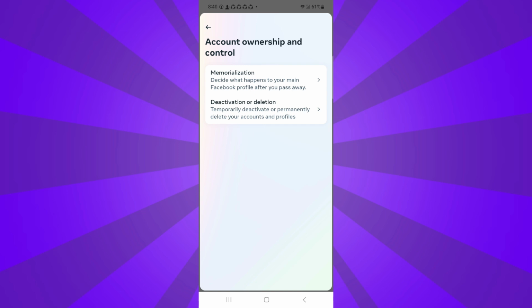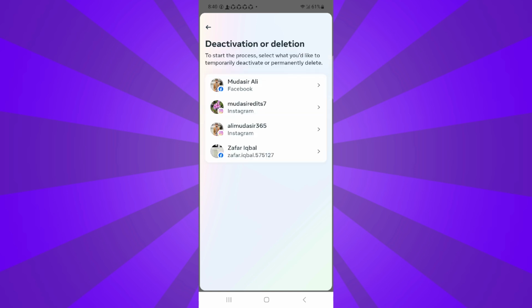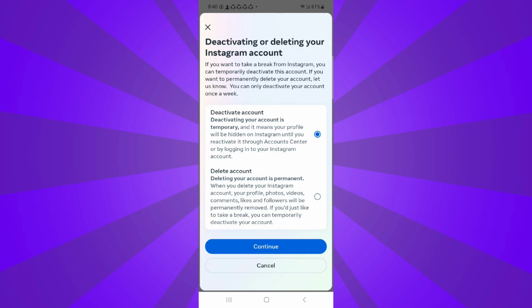You have to click on the second option, Deactivation or deletion, and here you have to select the account that you want to deactivate. After that you will see two different options, deactivate account or delete account. I want to deactivate my account, so I will just click on the first option and click on continue,